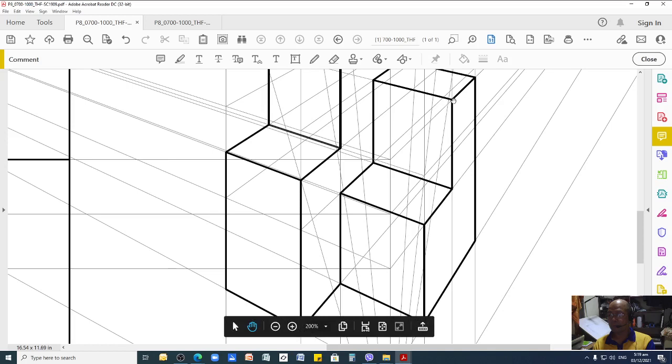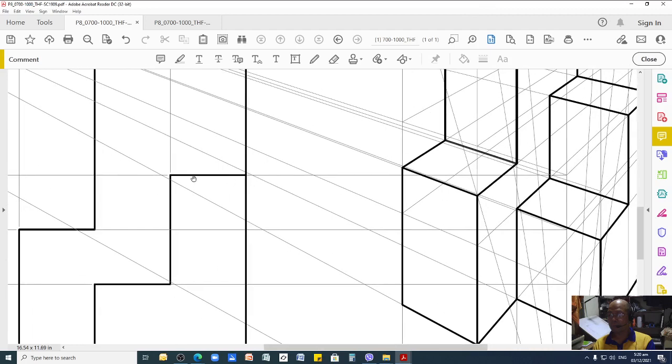So this one, how do I know? So how do I know this portion? So by projecting this one, we are looking for this one. So by projecting,